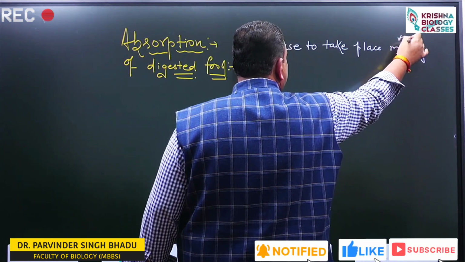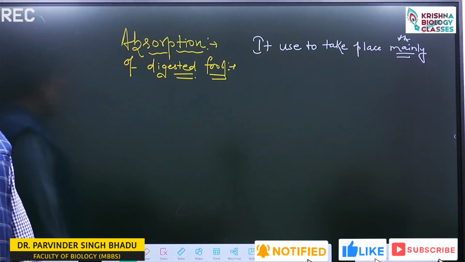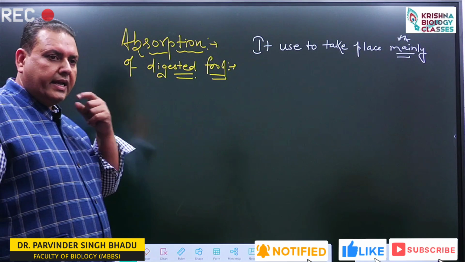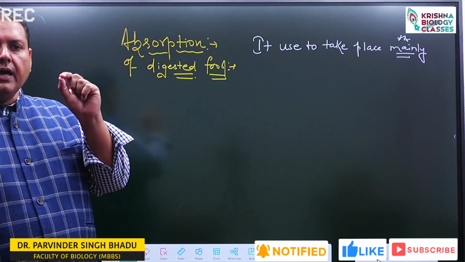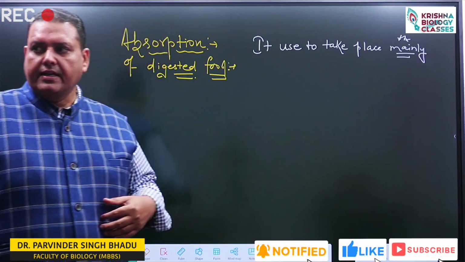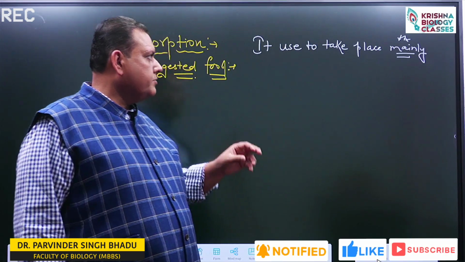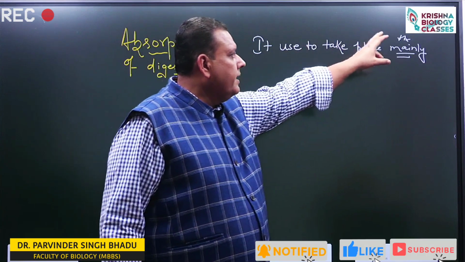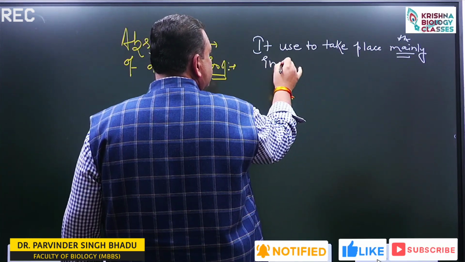remember it, ठीक है. मेन साइट को हम डिस्कस कर रहे हैं यहाँ पर. Otherwise, it also takes place inside the stomach as well as in the buccal cavity. But in the buccal cavity, only simple forms of sugar or few ions are absorbed. Inside the stomach, water, alcohol and simple forms of sugar are absorbed. Major absorption takes place